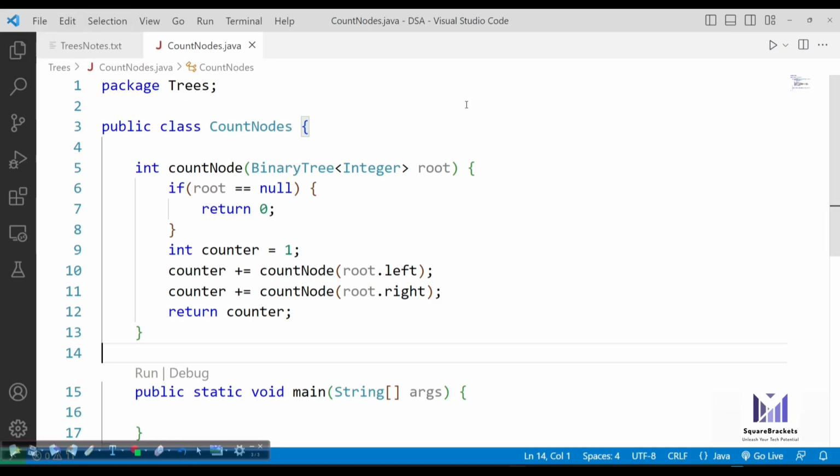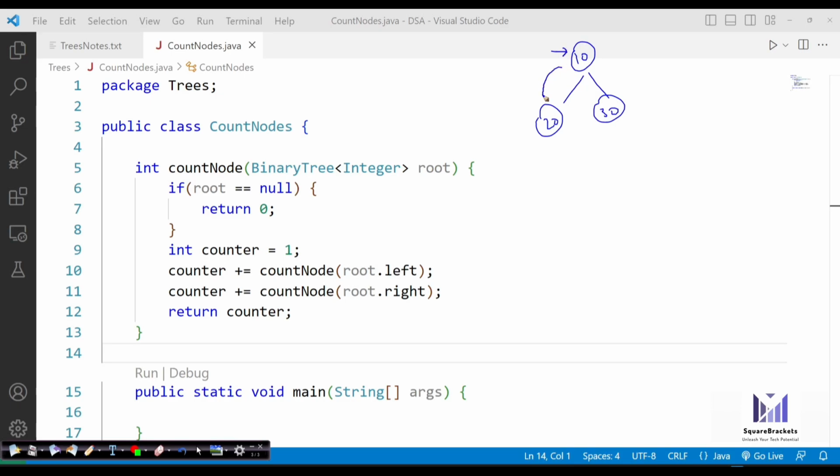It will simply start traversing nodes one by one and keep on incrementing the counter until it gets to traverse the complete tree. Okay, so if you want to understand how recursion actually works in this, just build a tree. Let's say this is the only tree that we have. Initially, we know counter is 1 and this is the root node.